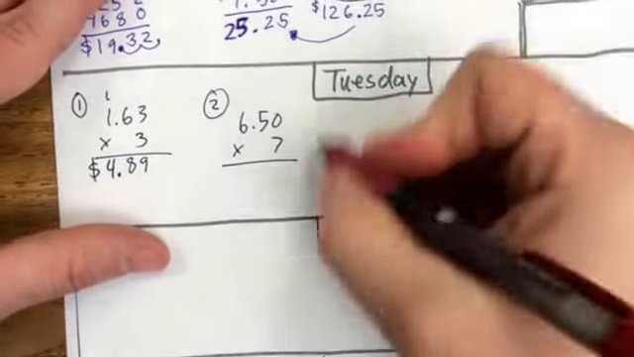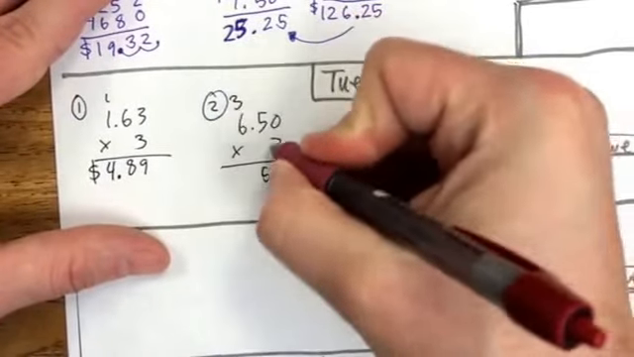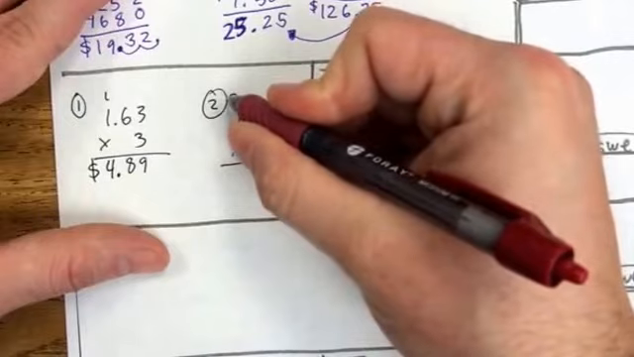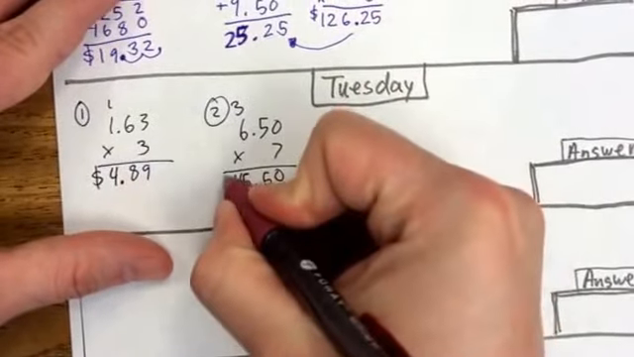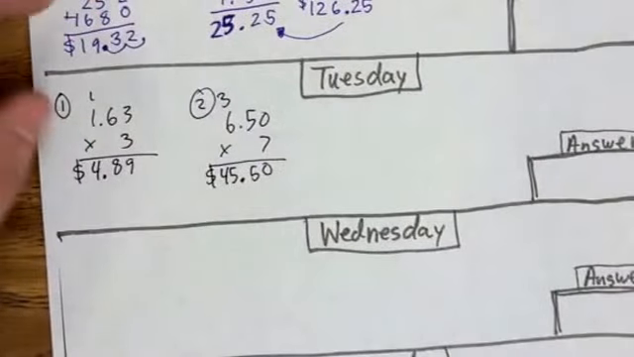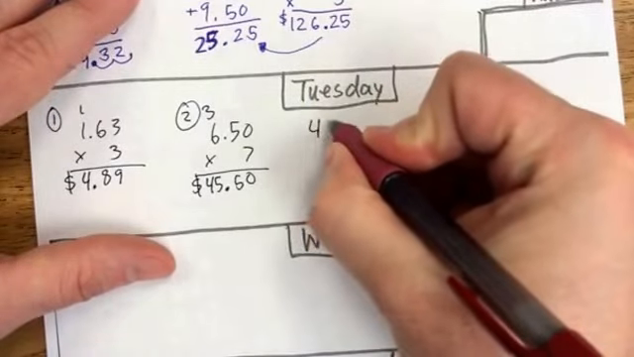And let's see here. 7 times 0 is 0. 7 times 5 is 35. Put my 5 down, carry my 3. 7 times 6 is 42, 43, 44, 45. So she makes $45.50 on one Saturday. But if she works 6 Saturdays in a row at that exact same time, I'm going to take